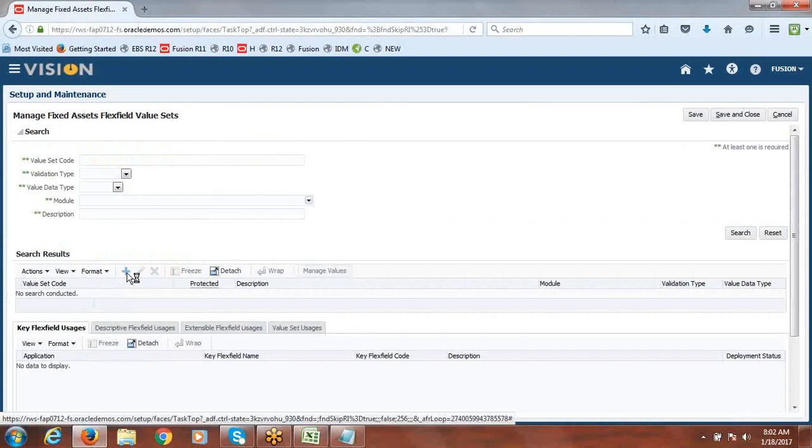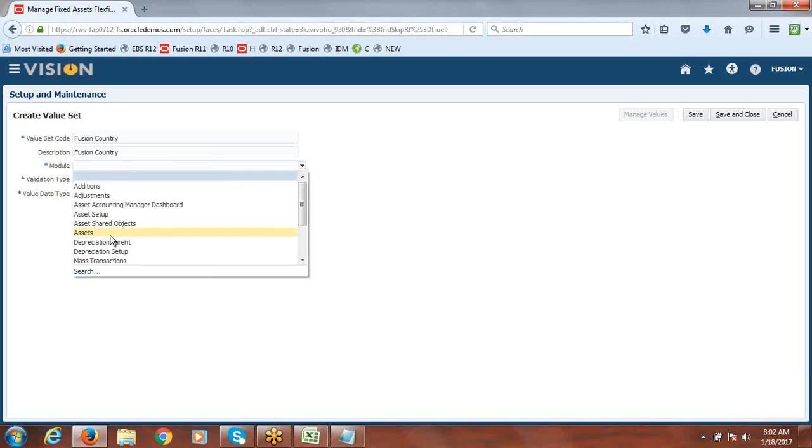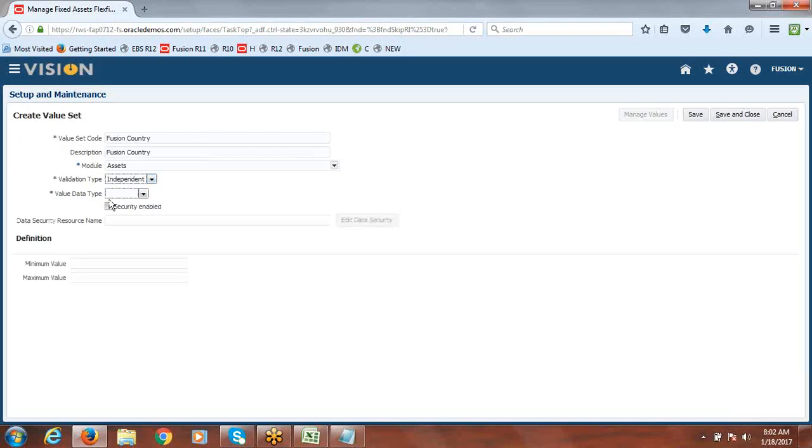So create. I'll give the name as Fusion country value set name. Here also I'm giving 30 maximum size. Say save and close.